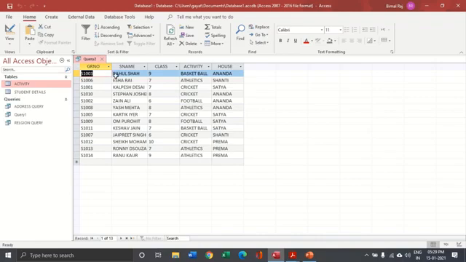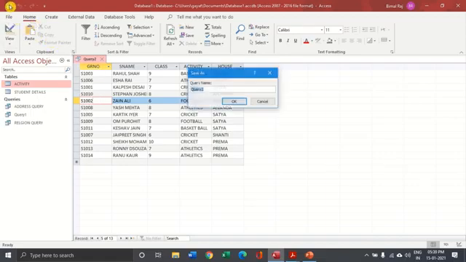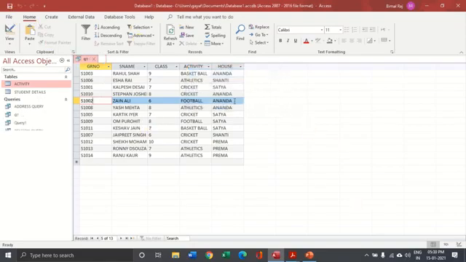Now here you see the GR number, the name and the class are from one particular table, that is the student details table, and the activity and the house for that corresponding student are from the activities table. So let us counter check if you want. Let us take S1002, this particular data. Now if I want to save this query, once again I'll save it, and I'm going to give it a name as Q1. This is the name of the query. I'm just giving it a name. Okay. And here let us see Zain Ali, he is in football and in the Ananda group.